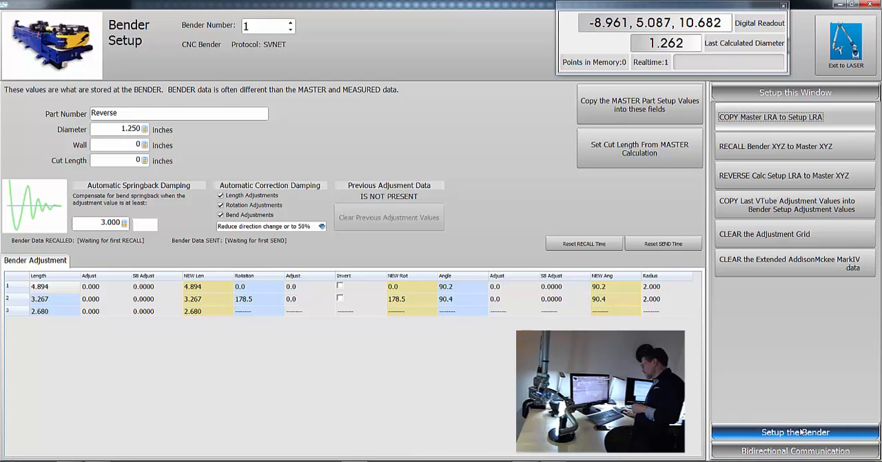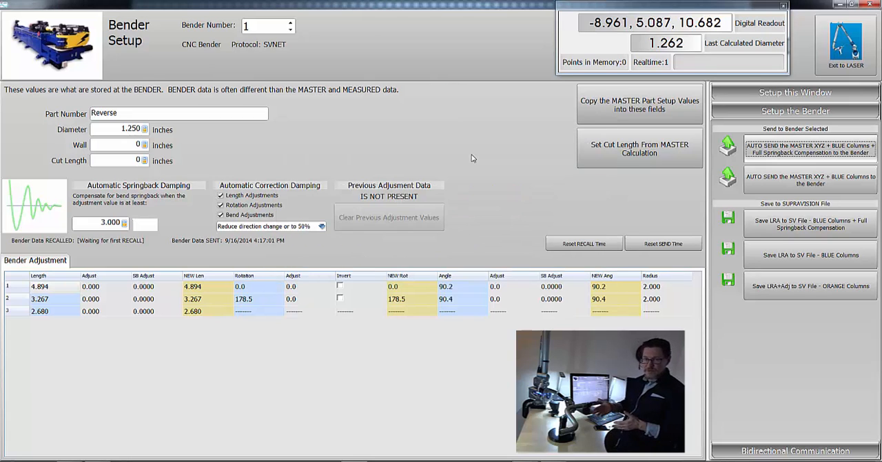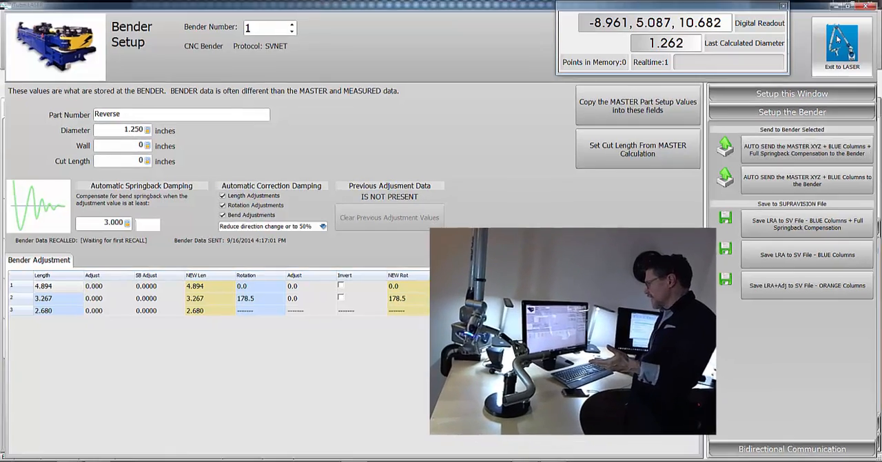We're going to set the bender up by hitting one of these two buttons. In fact, what I just did was simulate setting up bender number 1. You can set up to 100 benders using this process. The data that was sent out was the data in these blue columns, the bender data: the length, rotation, and the angle. I'm going to go out to the bender, bend the part, bring it back here, exit to laser,